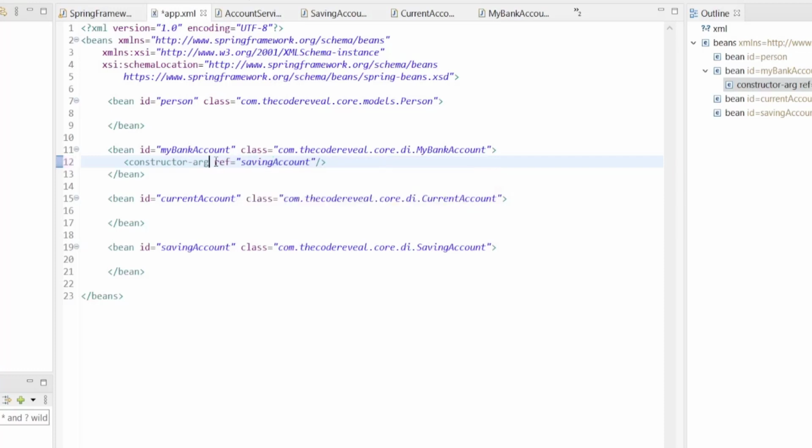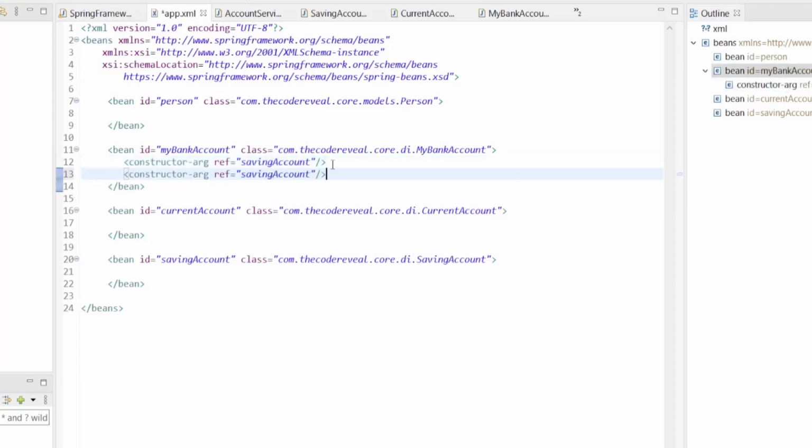For example, we can assume I am using a type of string to display the name. So let's do type string, and value will be Pradeep.